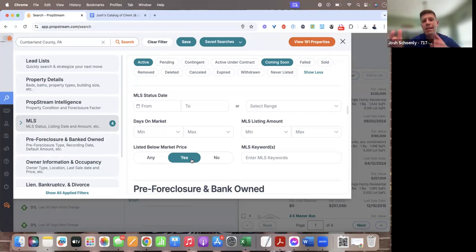But one of the many things that I love about PropStream is we can layer on filters. We can have this beautiful sort of layering process of this plus this plus this plus this, and then we can get a really targeted list. So I've got 161 properties that are listed below market value. So below market value, that's one of the 6 filtering options that I wanted to share and cover in this session today for you to utilize and play around with